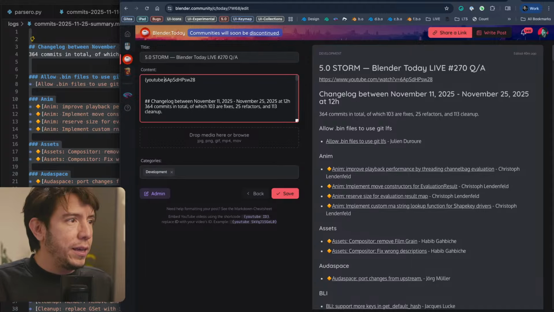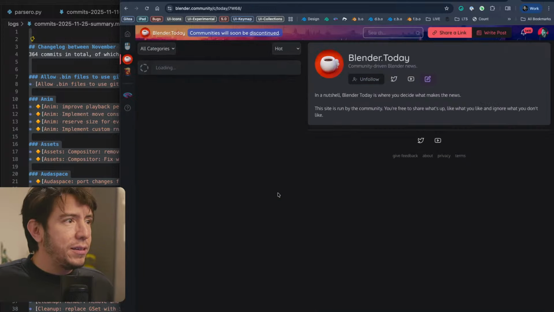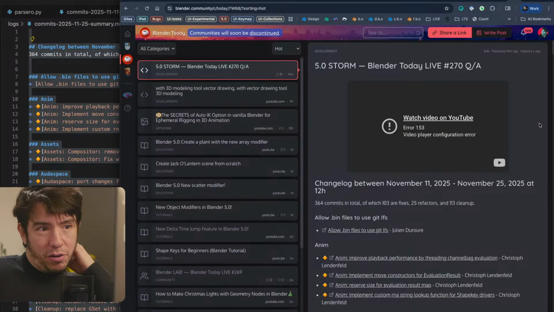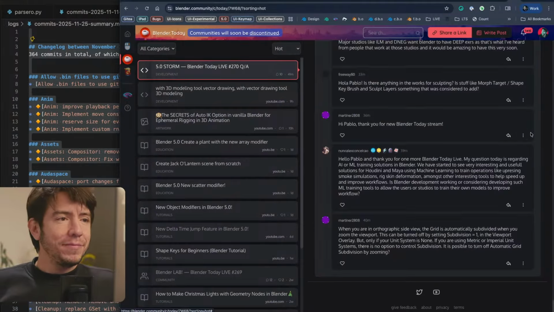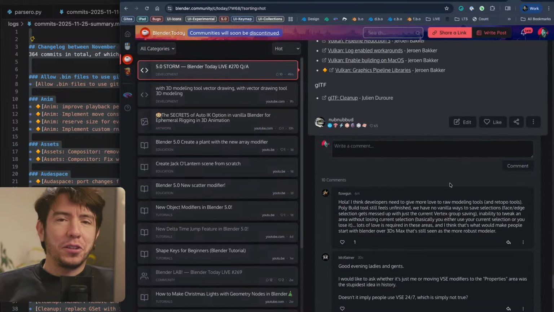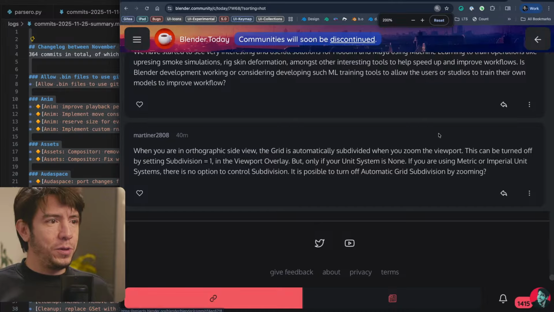I'll try to make this work. Last time it didn't work, so let's hope it works. What is it? Something broke. That's the issue with websites. If you don't maintain them, sometimes they just like to stop working. Not like software that you just install, and as long as you don't update the system, it just keeps working. Anyway, let's see what the questions are for this week.